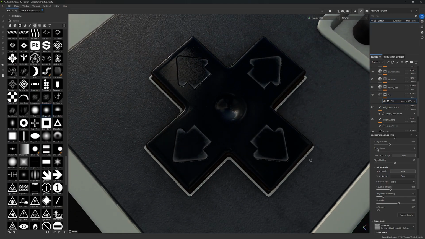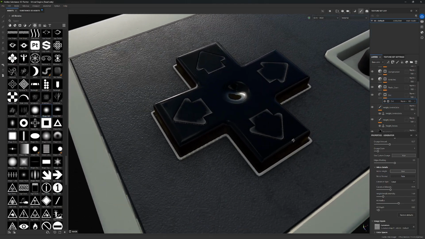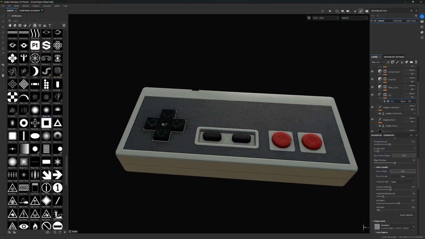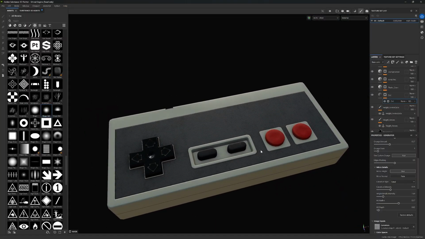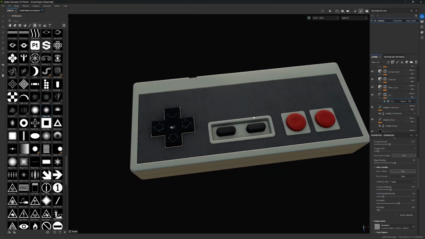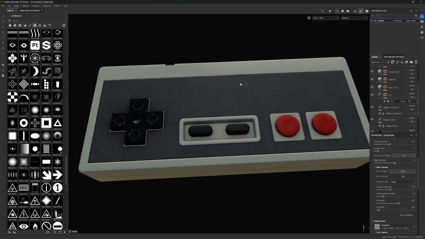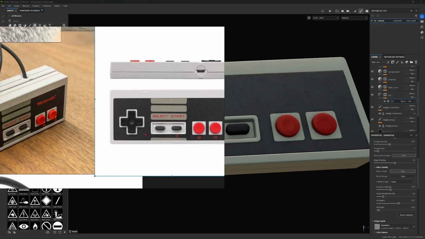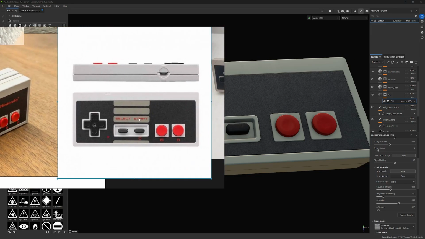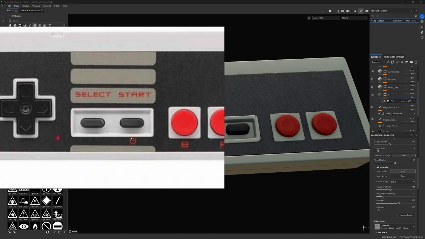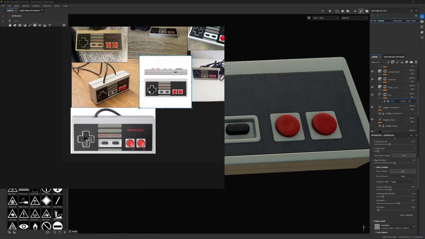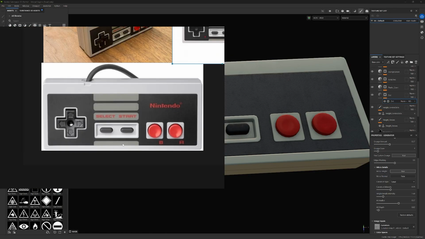I feel like that looks a bit more realistic there. At this point I'm probably going to have to jump over into Photoshop to make a texture sheet for the details. If I just pull up the reference again, for the details here, like the select and start, obviously the font I need to get for the B and the A underneath, the little power button, I'm not sure that's actually supposed to be there, no it's not,